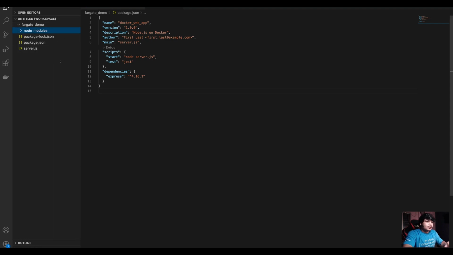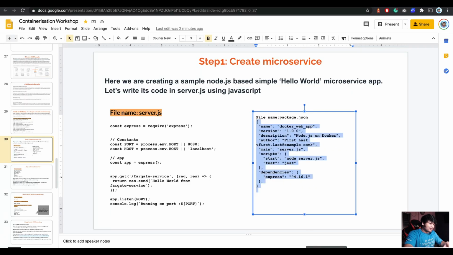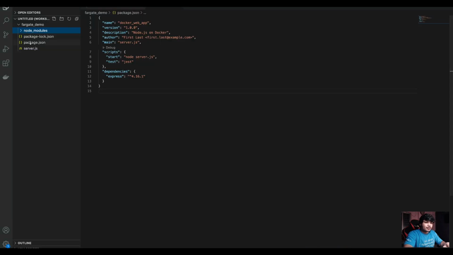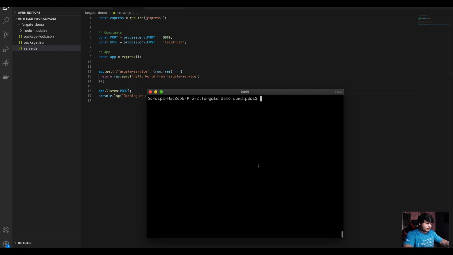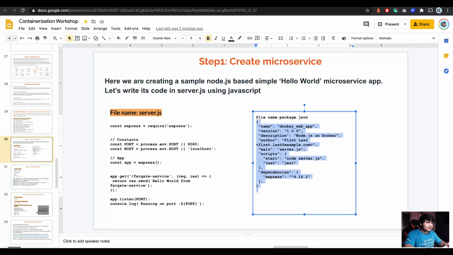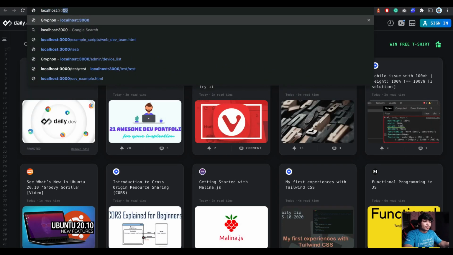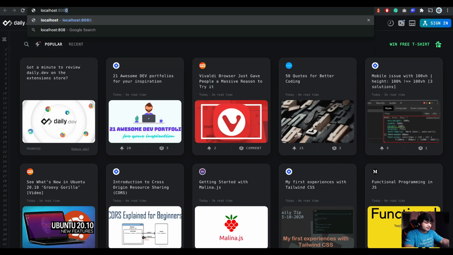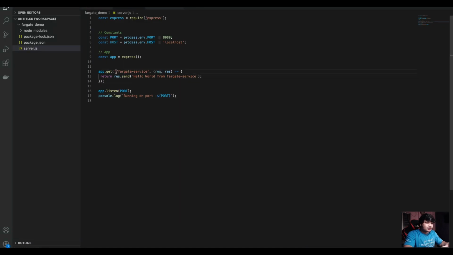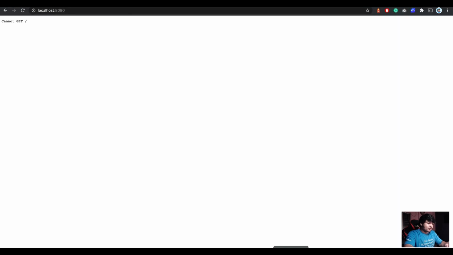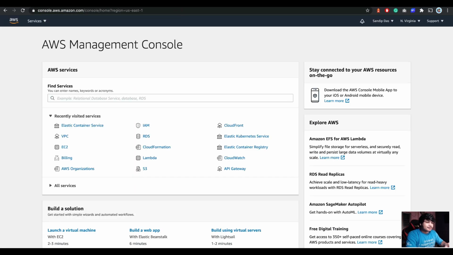Okay. Now, what is the next step? Let's try to run it locally first and see if it's working. If we run it locally, we get the console message that server.js is running on port 8080, and if we go to localhost port 8080, it should work. Okay, oh, got it. So it has to be like this. You have to mention the URL properly, and it's working, right?